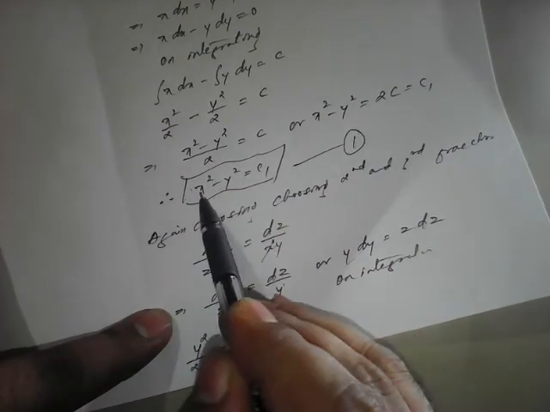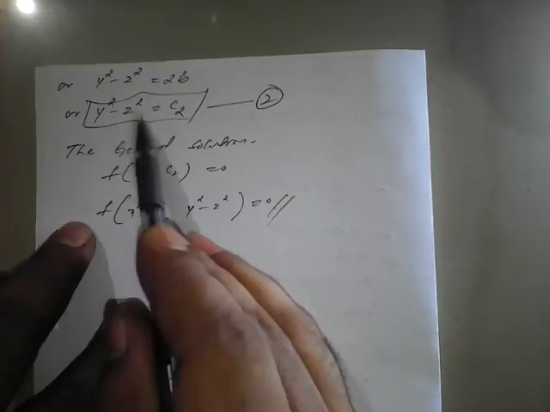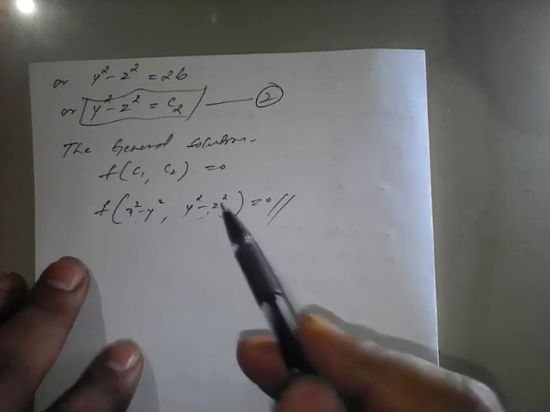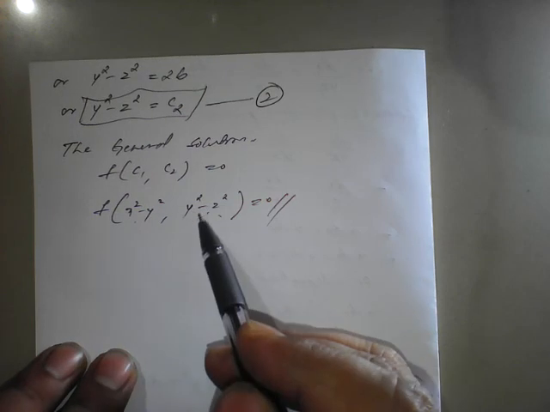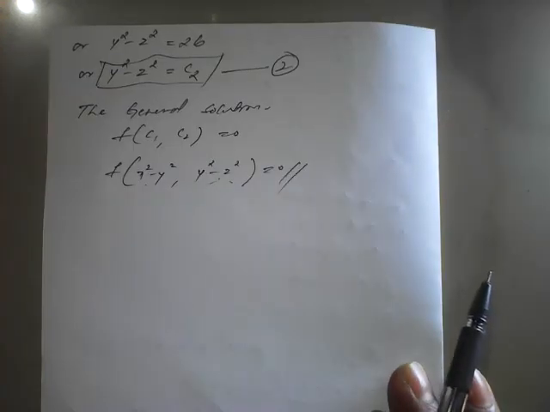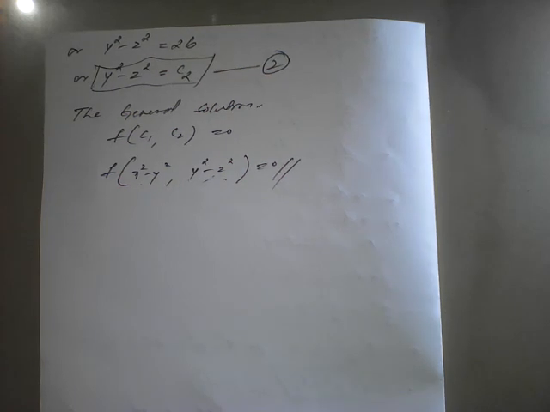C1 is nothing but x square minus y square, so write it here, x square minus y square. C2 is nothing but y square minus z square. If you choose first and third, this result will be changed. So which pair you choose, based on that you have to conclude the answers, which is absolutely correct here. Fine. So this is the easiest way. If the pair is not easily possible to integrate, in such a situation we need to choose multipliers. Those examples we'll see in the next lecture.